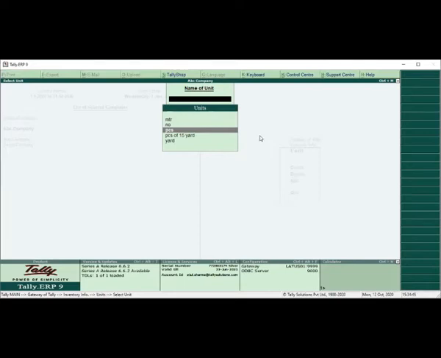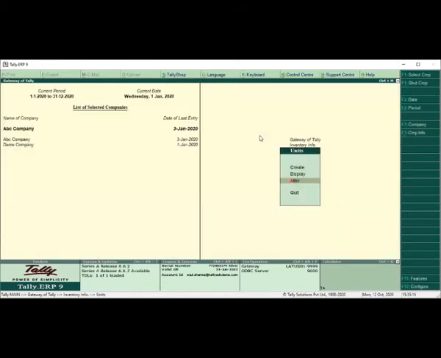But there's a way that you want to maintain multiple units. Like I want to deal in 3 different units. How is it possible? How can I use it? So like I have one box. In one box I have packets. In packets I have pieces. So I am purchasing in the box, then I am selling in pieces, or I am selling in packets. So let's see how we can do it.